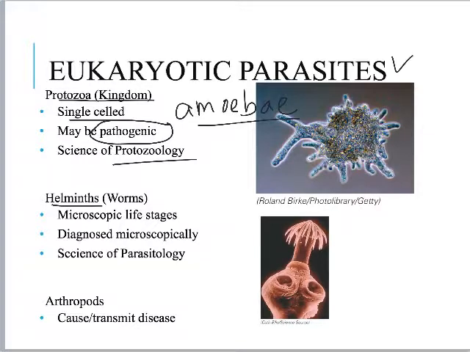Helminths are worms. Okay, so worms fall into microbes because they have microscopic life stages, so they can be itty bitty teeny tiny, and so you have to use a microscope to diagnose them. I have this science spelled wrong here. Okay, so parasitology is the study of worms or parasites, and this is a picture of a worm, and this just shows some of the parts that will attach to your intestines. Ugh.